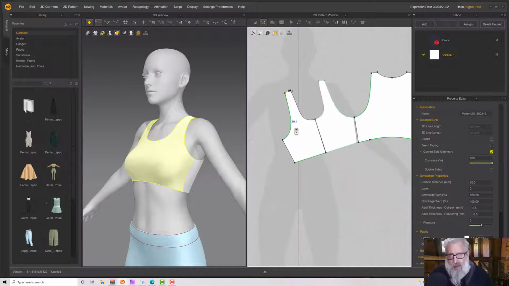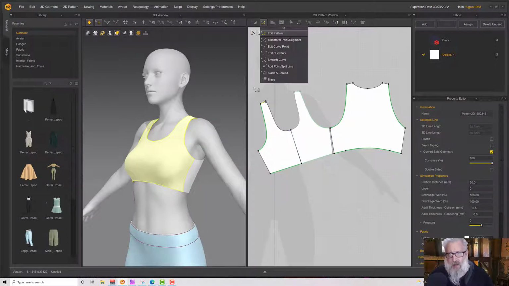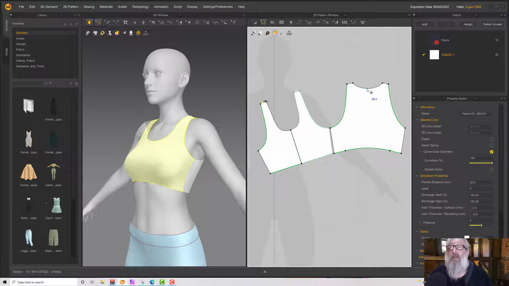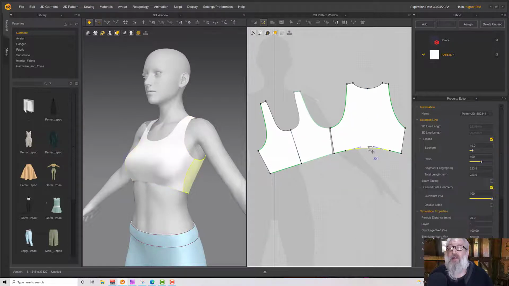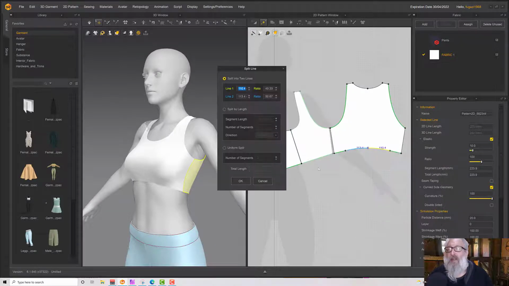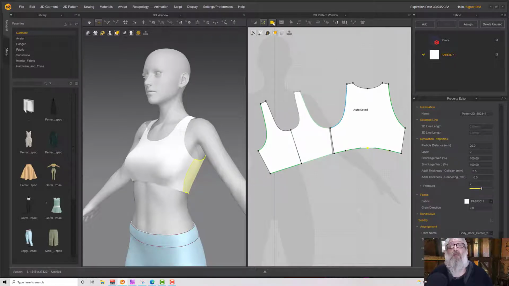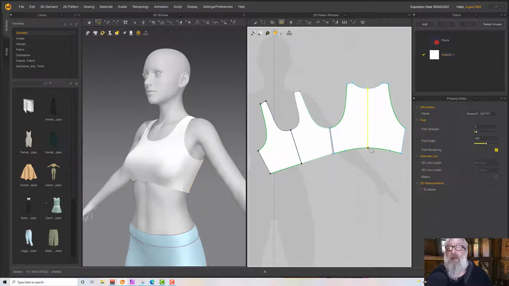Okay, so first thing I want to do is start to cut the seams on this. The first thing I want to do actually is resymmetrize this back piece. So I'm just going to right click there and split down the middle. So uniform split for 2. There we go. And I'm going to use an internal line to go from top to bottom, double click at the end,